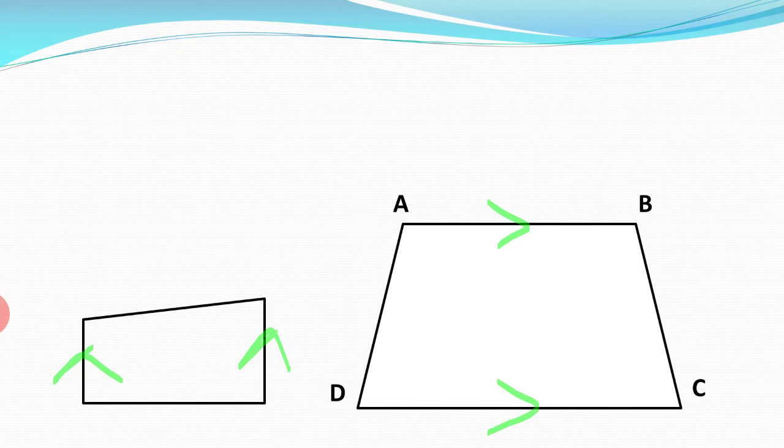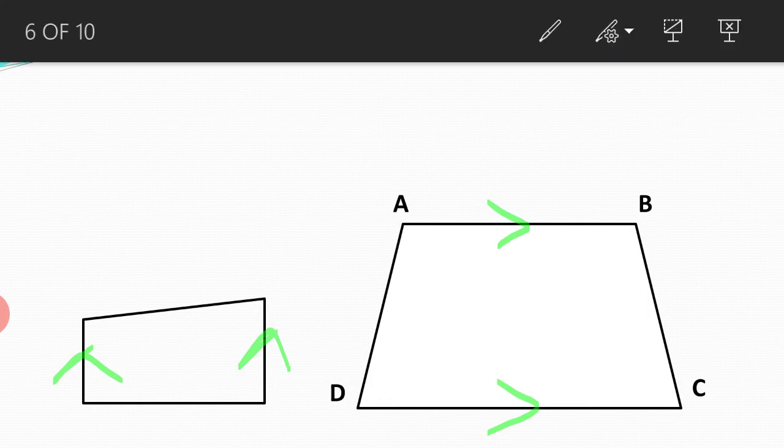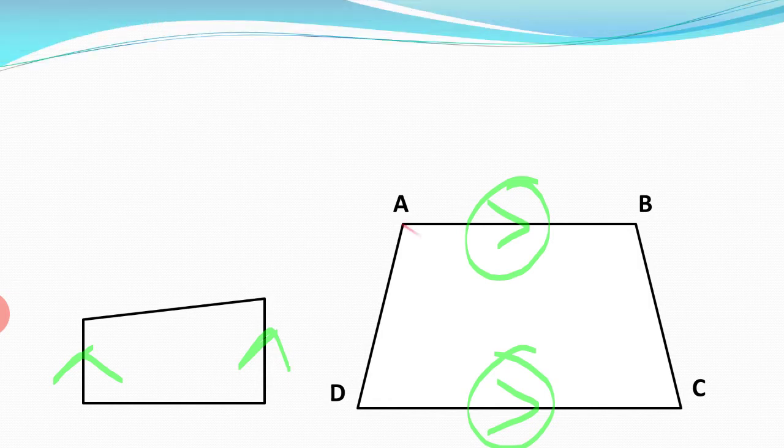By putting arrows on the parallel sides. The indication of parallel sides is always given by arrows. Is it clear? You can show the direction on the right side or on the left side, upward or downward, that makes no difference. But if you are putting arrows on the sides, it is understood that the sides are parallel. Is it clear? So let us go for the definition of trapezium.